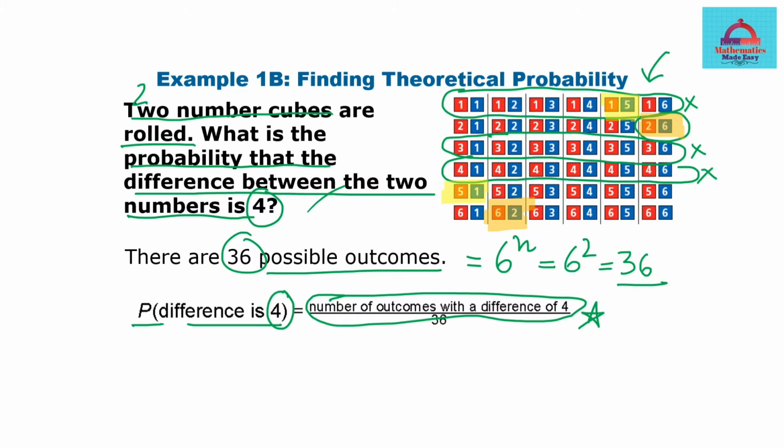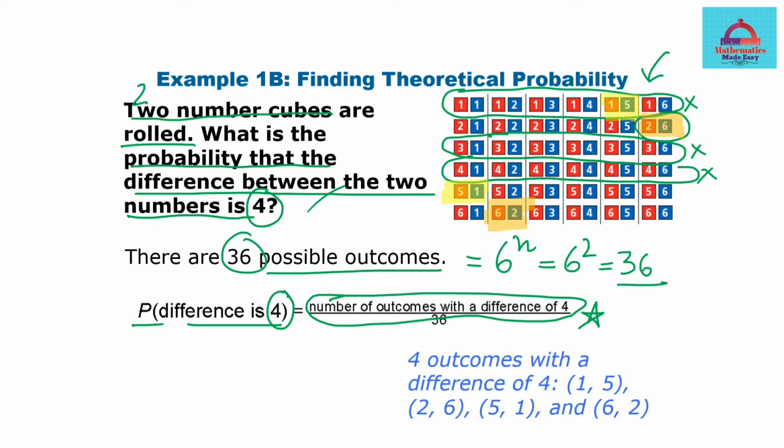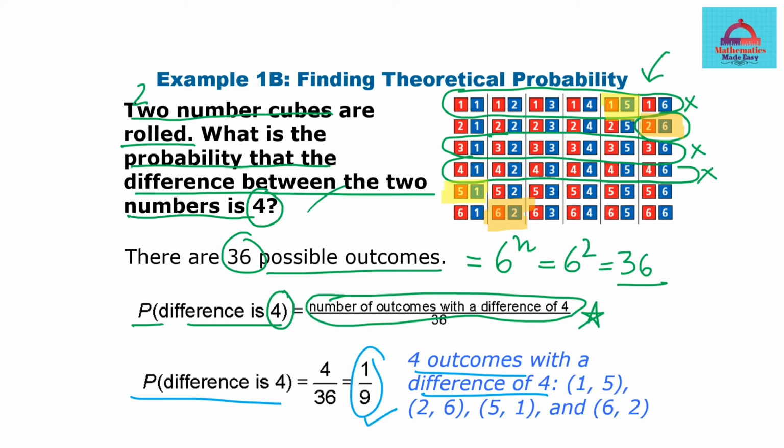Let's look at the last 2 rows and see if anything is missing with the difference of 4. And if you look at these numbers, then we can see that all of the ones which are left have no other option. So there seem to be 1, 2, 3 and 4 favorable outcomes which are having the difference of 4, which is 1 comma 5, 2 comma 6, 5 comma 1 and 6 comma 2. We've already highlighted. Therefore our final theoretical probability for the difference to be 4 will be 4 divided by 36, which is 1/9.